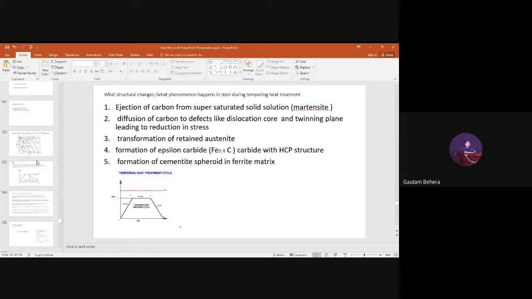So after doing tempering, we can use the steel for our applications, because if we use the steel directly after hardening, the toughness is very low. It will easily break into pieces because it is highly brittle in nature. Impact toughness is poor, or you can say impact resistance is very low in that condition.